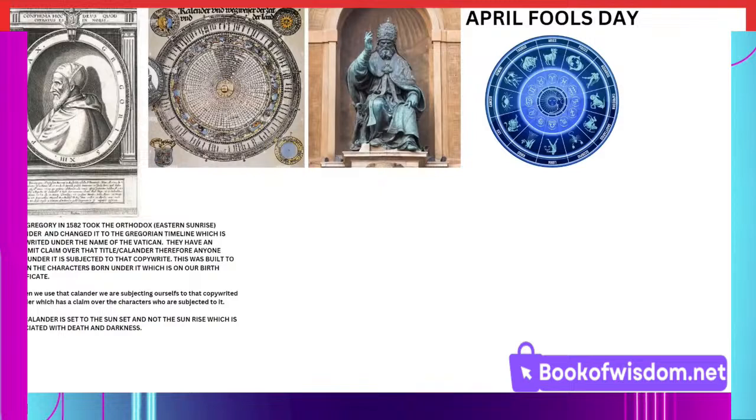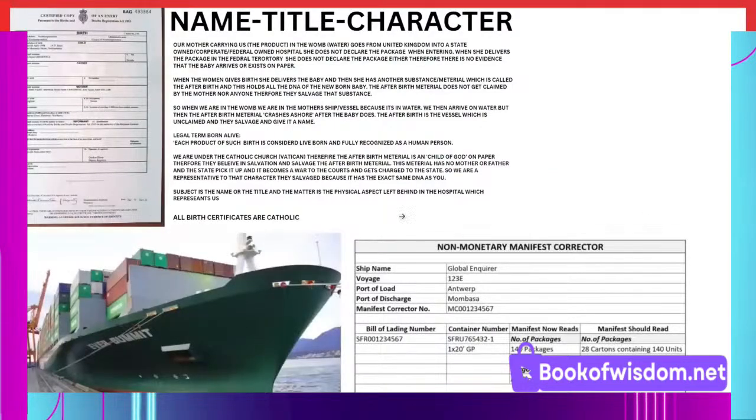April Fool's Day is the real start of the year, when the sun starts to rise again, when the risen Saviour is resurrected, when it's born again. This is when the Jews celebrate the Passover. This is when the Christians celebrate the resurrection of Jesus, and they eat lamb. The Jews eat lamb because we're in Aries, the new year. The sun is now born again, our risen Saviour, the light of the world. So yes, this is what April Fool's Day is. It's the first day of the year, which Pope Gregory changed. So you need to understand that you are in the womb.